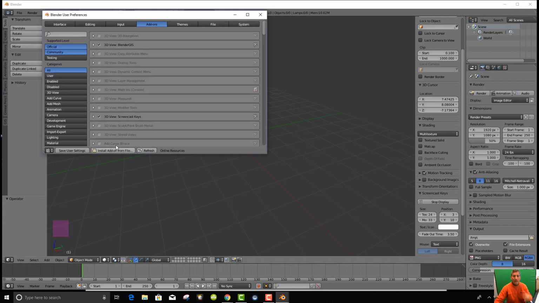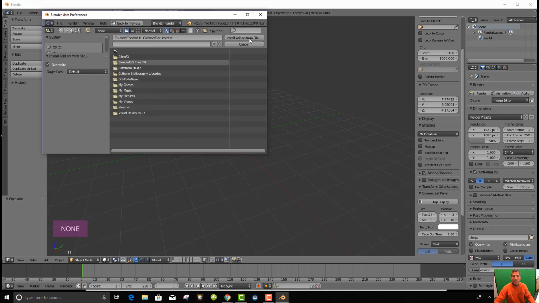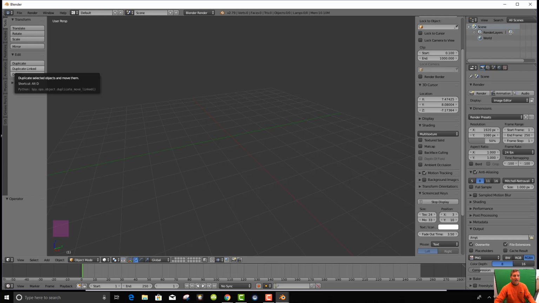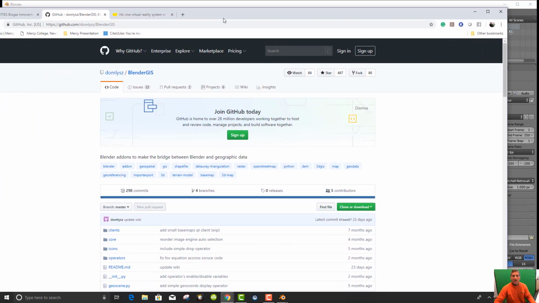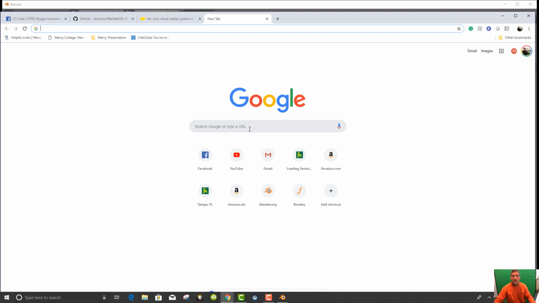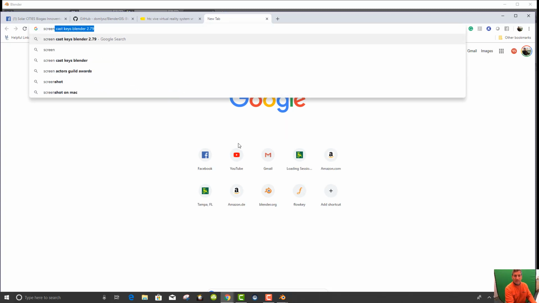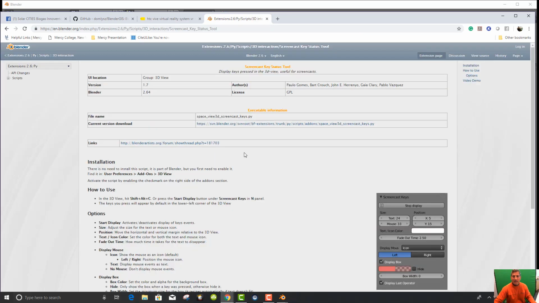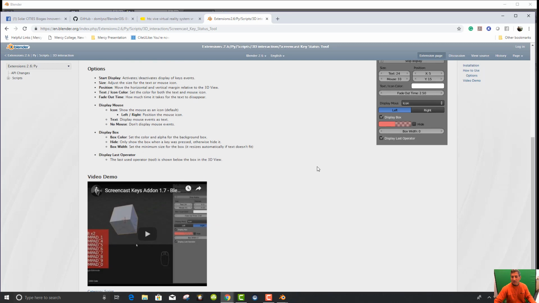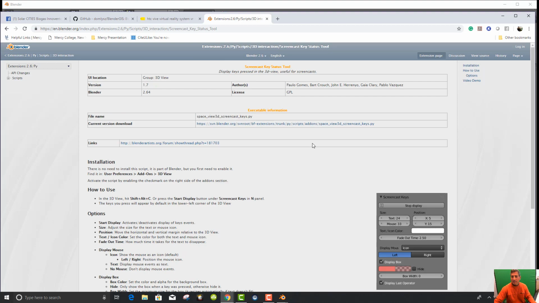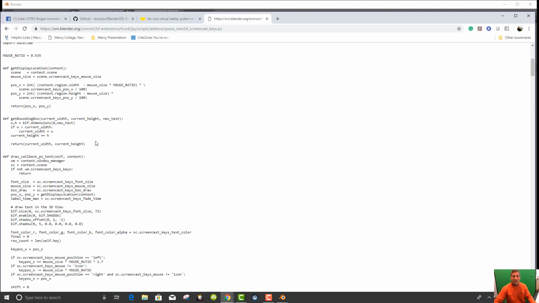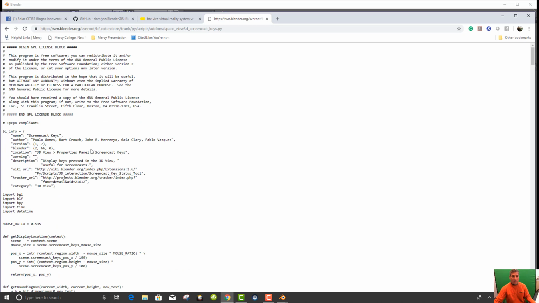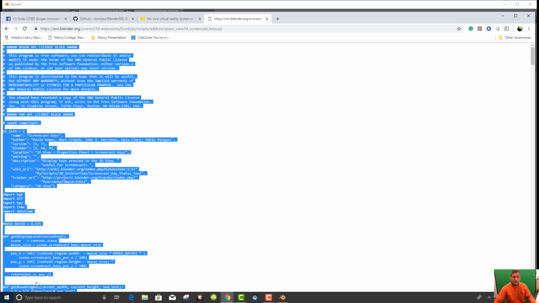If that's the case, then it's an Install Add-on from File, and you want to find a place where you can install it. For example, go to just any tab of Google and type in Screencast Keys Blender 2.79, and then the Blender wiki will come up, and there will be a version of the Python script right here, along with instructions of how to set it up. You click on that, and then there's this code, and you don't have to be able to read the code. Select the code, copy the code, go to